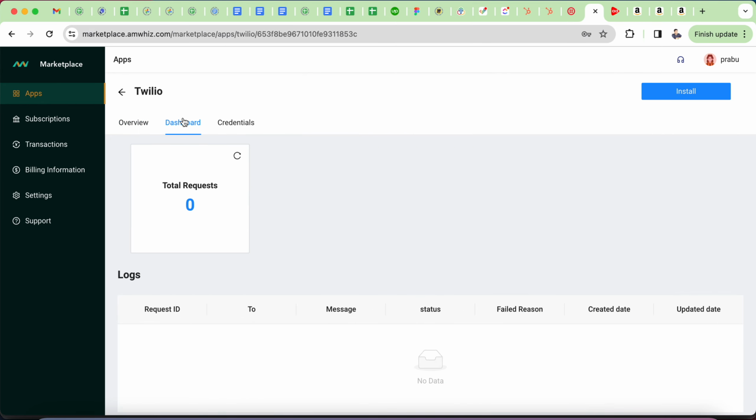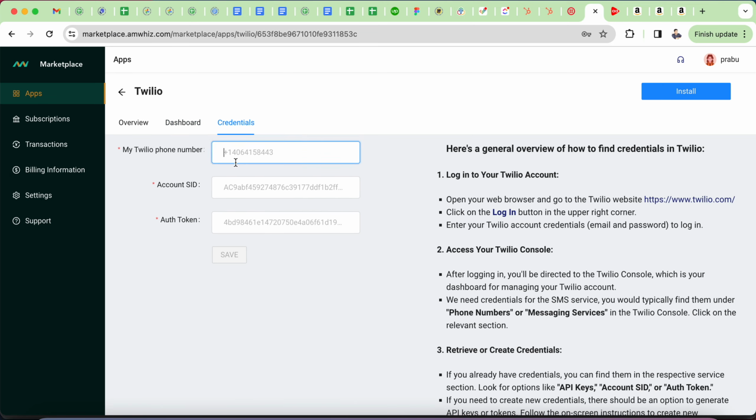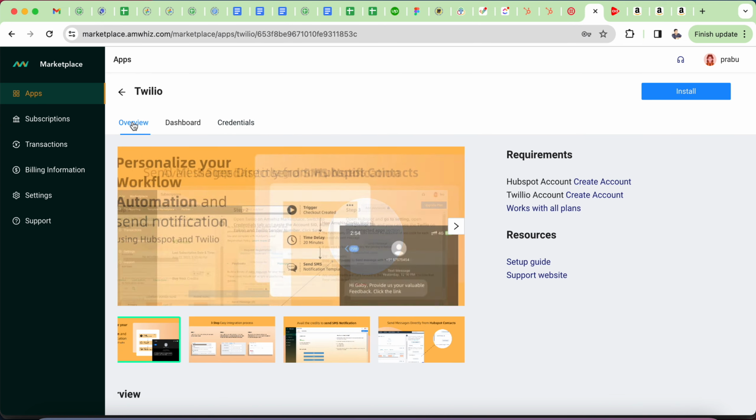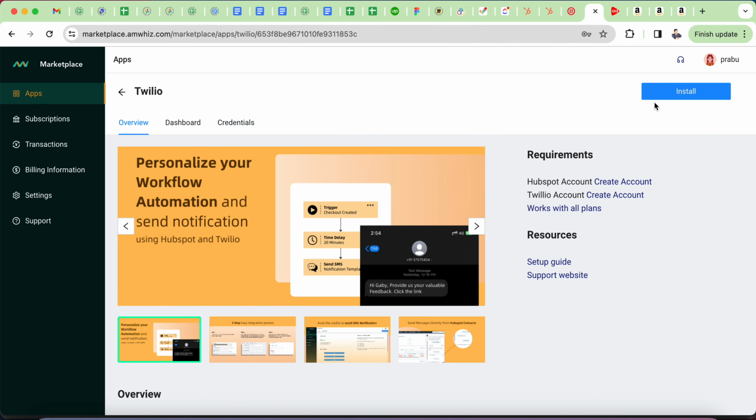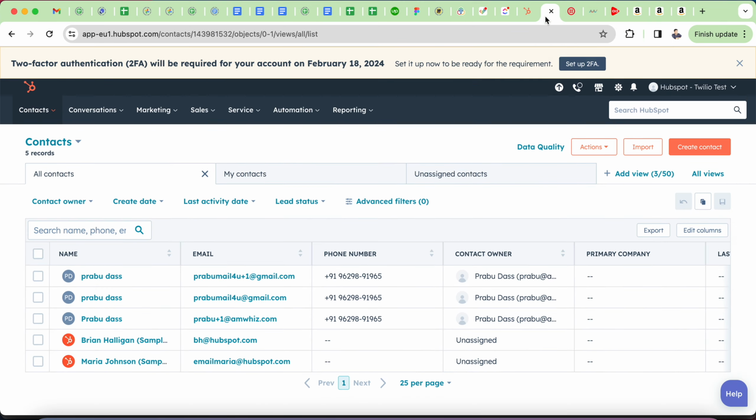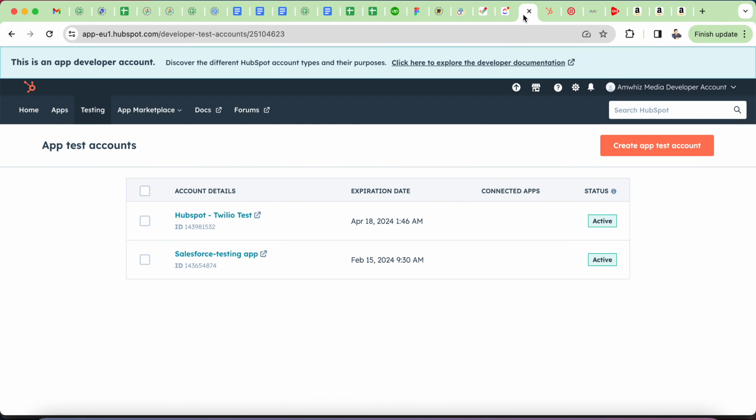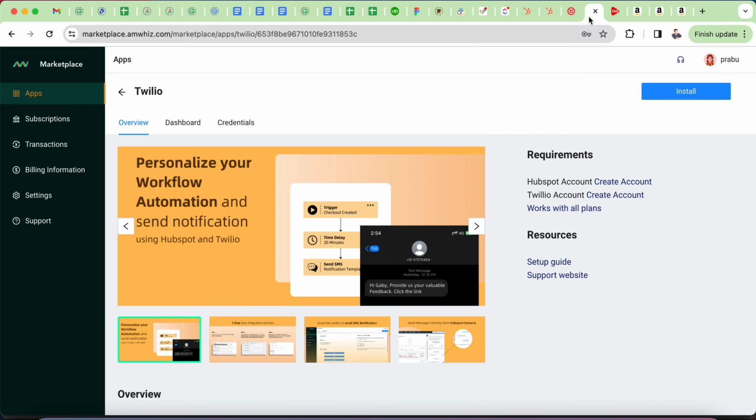steps, and the dashboard where you can see the logs and the total requests you have sent to Twilio, and then the credentials page where you configure all your Twilio account details, the account SID, auth token, and the Twilio phone number. And inside here, we have already created an app, HubSpot Twilio test. And now what I'm going to do is click on install the app,